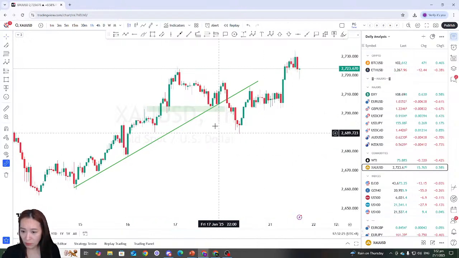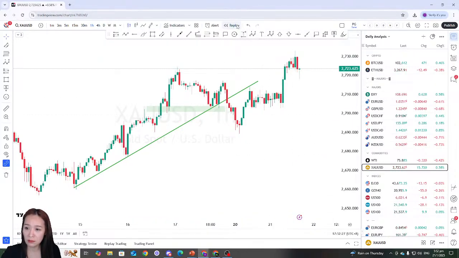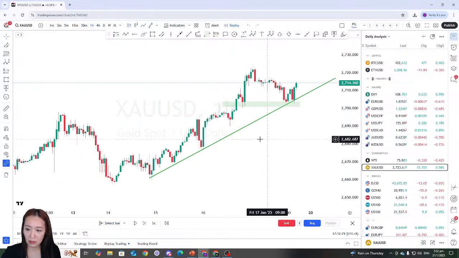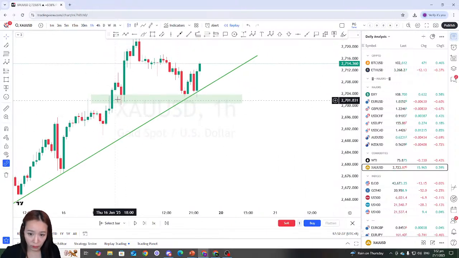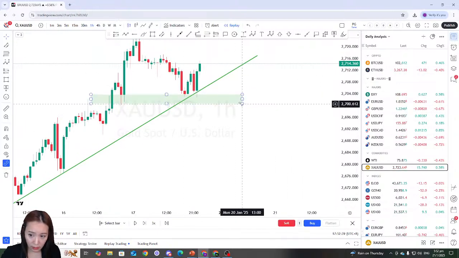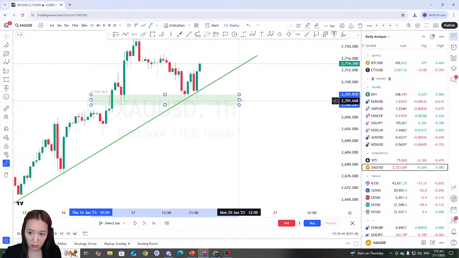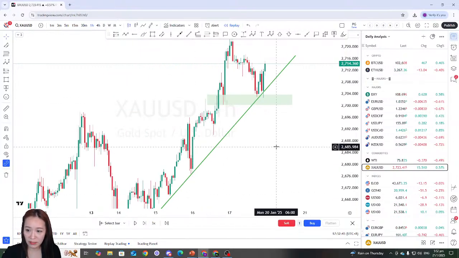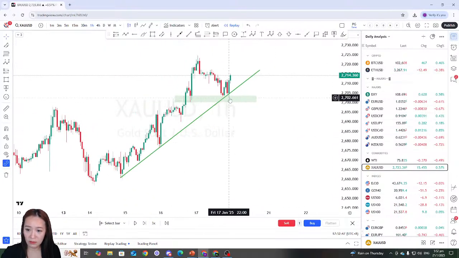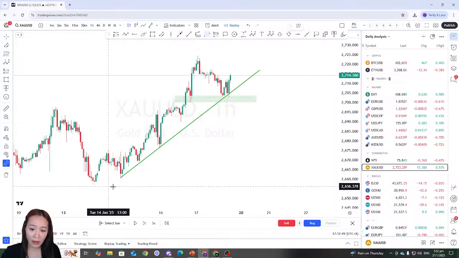This is a green one, right? I'll just put it here. So okay, this is my support zone. I draw from the body and the wick. Okay, so this is going to be the zone. That's why we buy up, and I would identify this as my support level, or we could combine it with